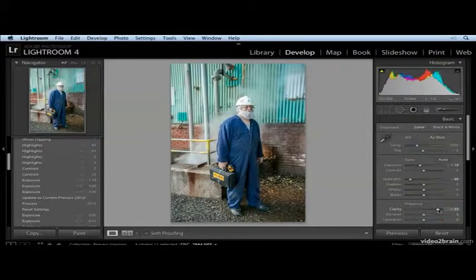Well, now I'm going too far. But before, if I move clarity over that far, we would have really had a kind of a wild halo effect. So there is the new basic pane controls. You can always go back to the old ones if you want, if you use the previous earlier versions. So those are the basic controls that will appear when you select Process 2012. It may take a little bit getting used to,